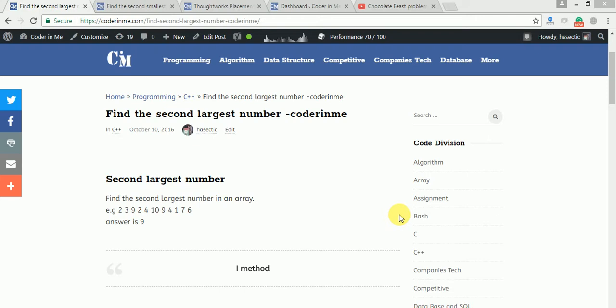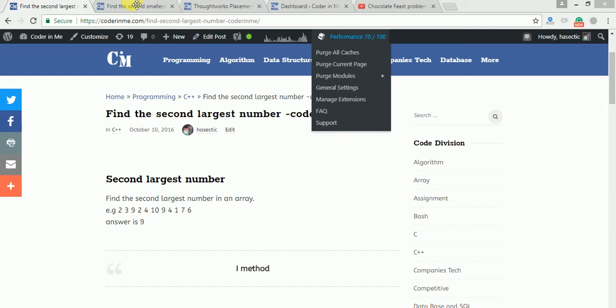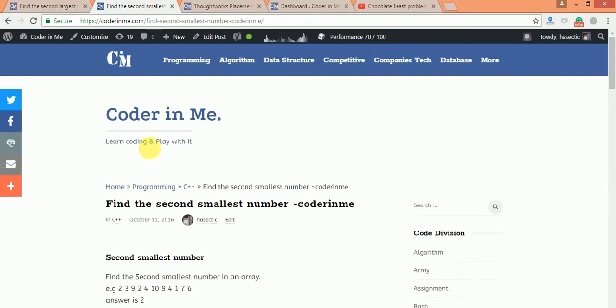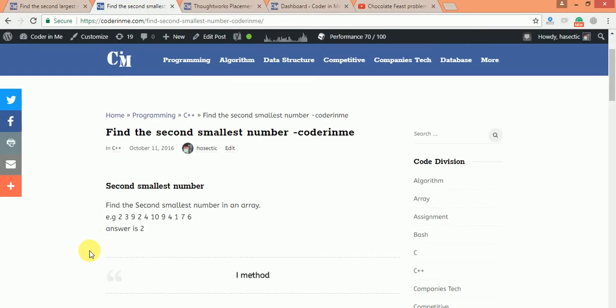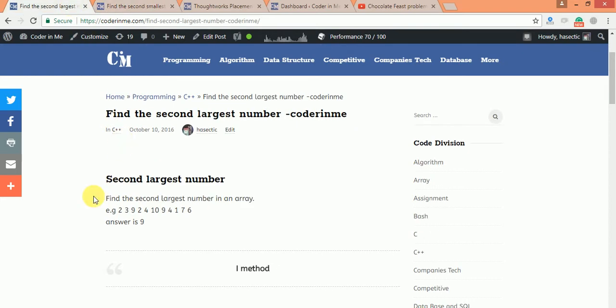Today we will discuss an algorithmic question that is very simple and easy. That is the second largest number. Find the second largest number in an array, or you can say, find the second smallest number in an array. So how can we find it? There are many methods through which we can do it,